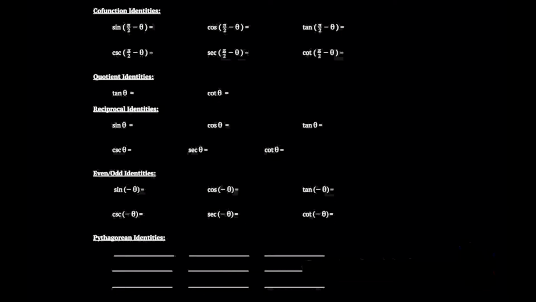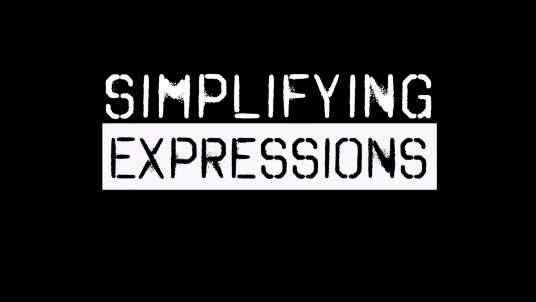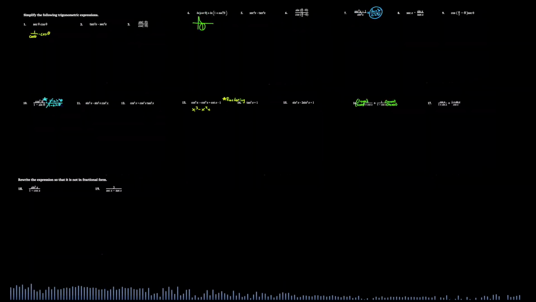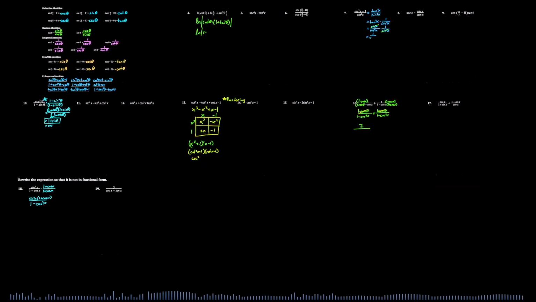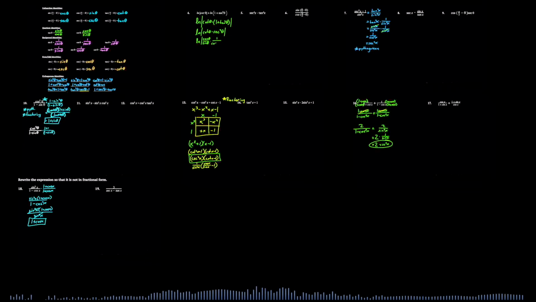Alright, today we're going to take all the trig identities we learned last time, and we're going to put them to use by simplifying complicated trig expressions. In actuality, they won't be that complicated, but this is an important skill in calculus, so we're just going to be practicing that today. You will eventually want your trig identities to be memorized,